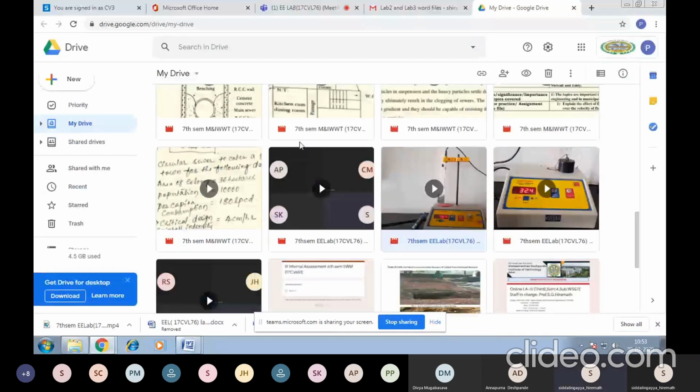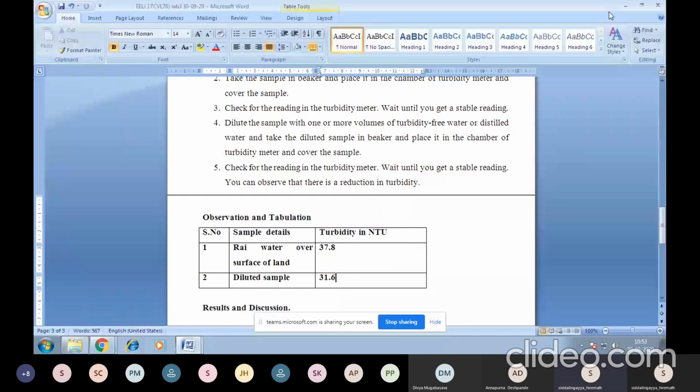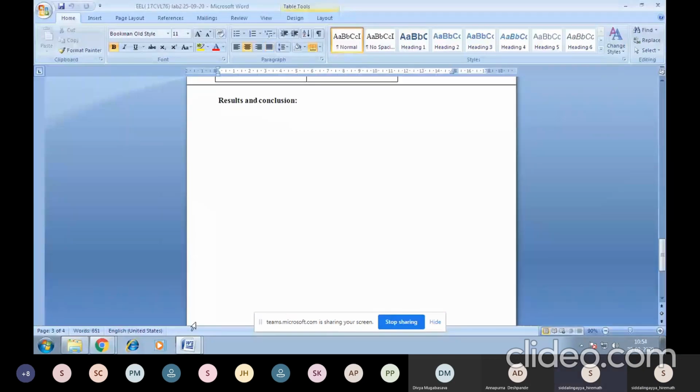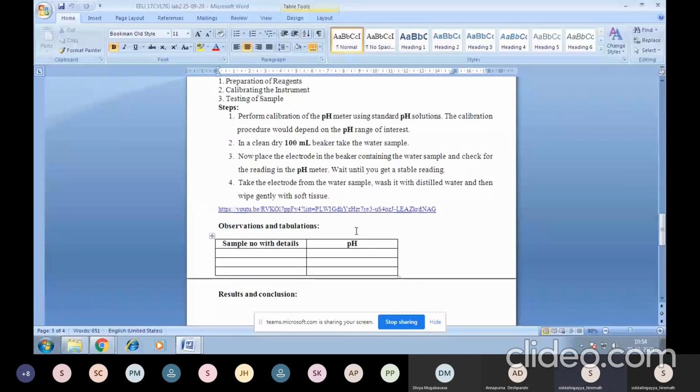Okay, let me show you in the Word file. So this is the observation and tabulation of pH. That is sample number with details like sample number